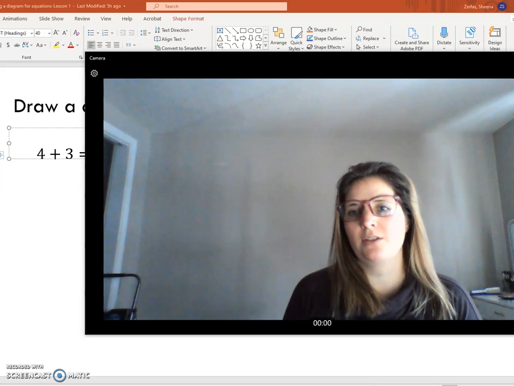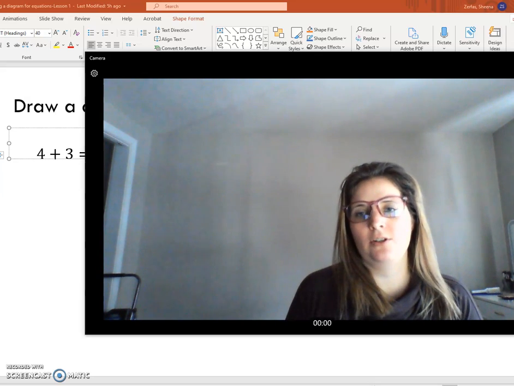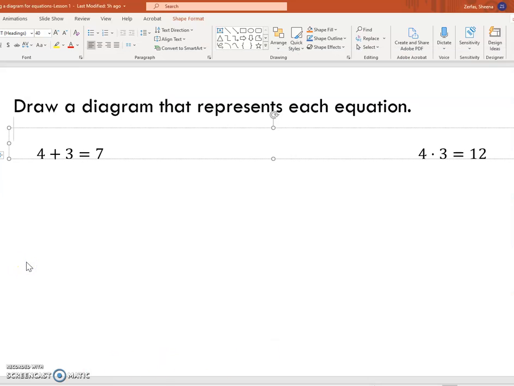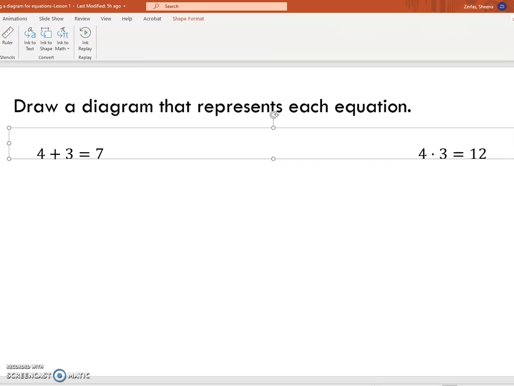Today we're going to be working to write and solve equations using diagrams. I'm going to work with addition and multiplication today, and I'm going to start by modeling these with whole numbers and no variables. So if I ask you to draw a diagram to represent this first one using addition, okay,